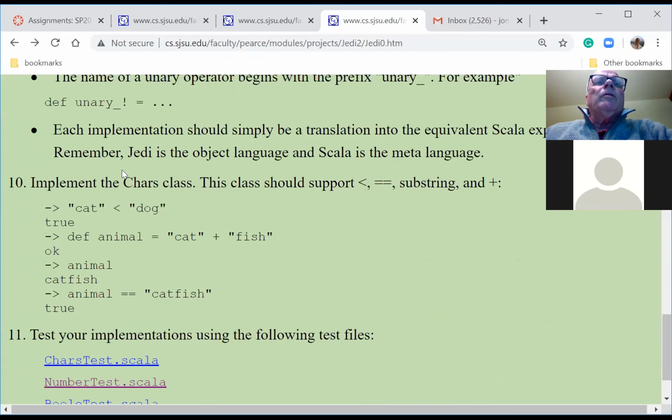Chars class. So chars, I decided it'd be too confusing if I had a string type in Jedi. Instead, I've got a chars type, and a chars encapsulates a Scala string, right?